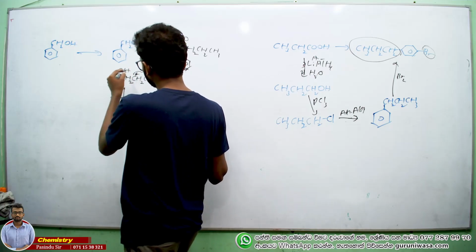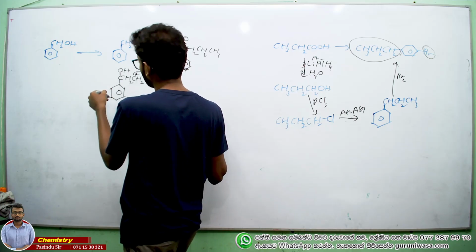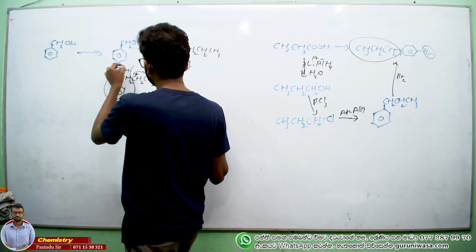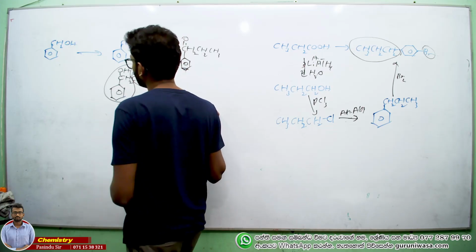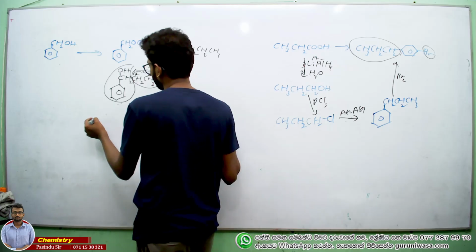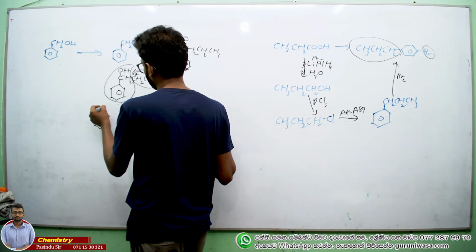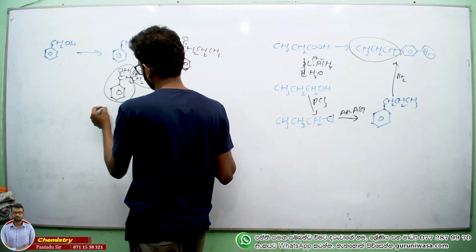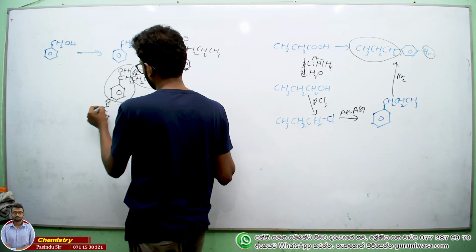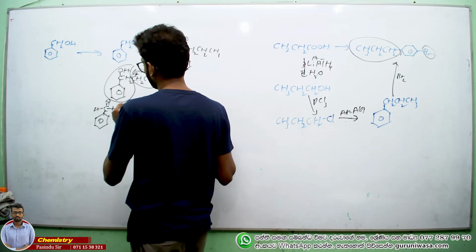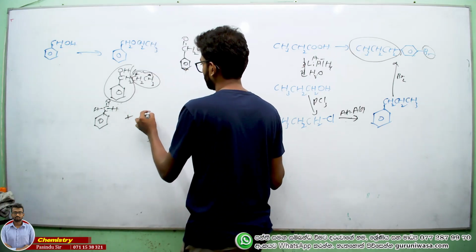Right? So what are the parts of Grignard and what are the parts of aldehyde? This is the part of aldehyde. This is the part of Grignard. So, right, plus